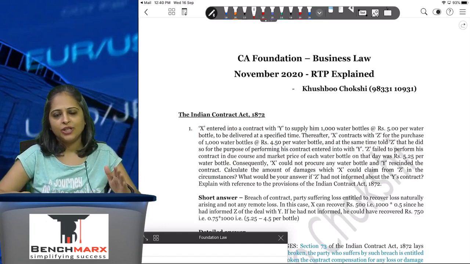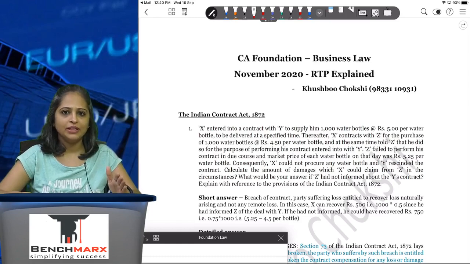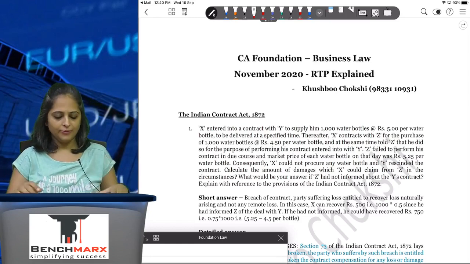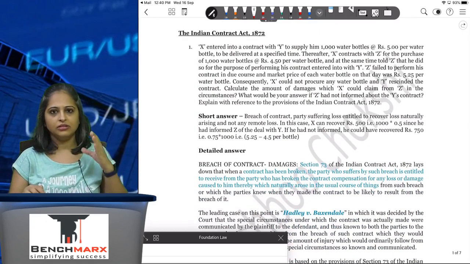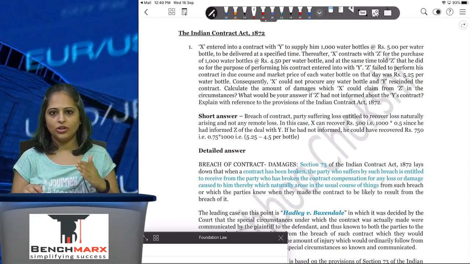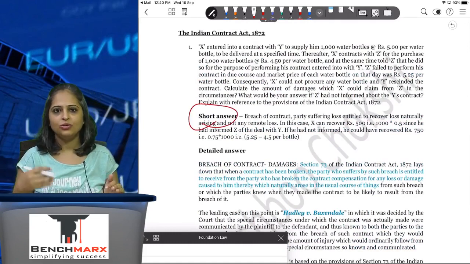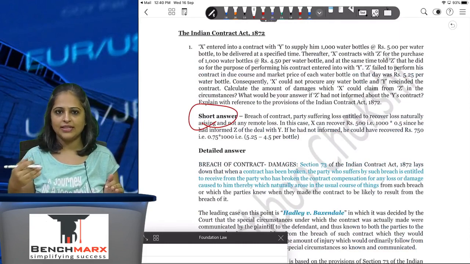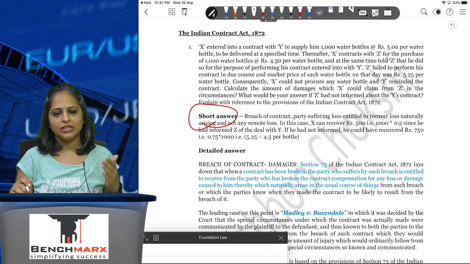The Institute of Chartered Accountants of India has issued the revision test paper which is applicable for the November 20 examination, and what I've done is I've put them here in the question answer form, and there's one detailed answer which has been given by the institute, and then there's a short answer. The short answer, I've put it for each and every question so that when you're revising, you don't have to read the entire thing on the last day. You can just have a look at the short answer and just recollect what the question and how you're supposed